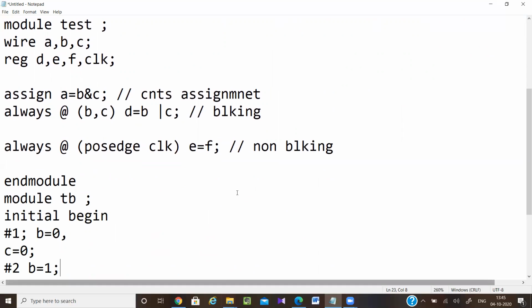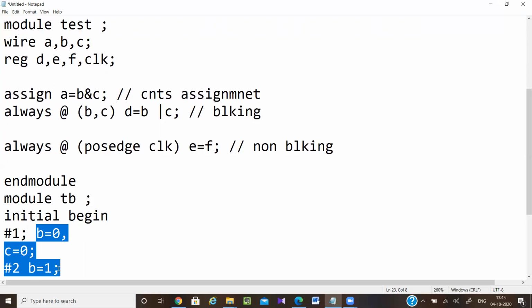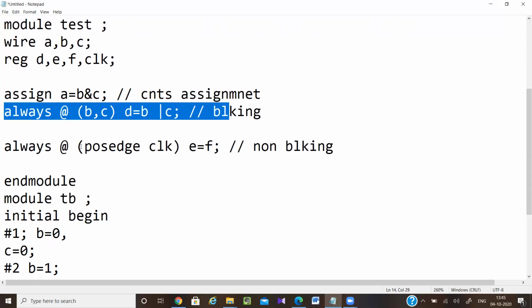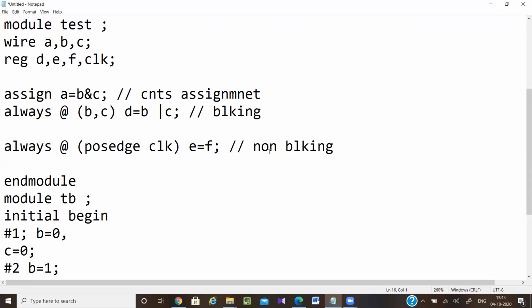Here I am updating the signals: B and C are 0, then after a 2 unit time delay, I am changing B equal to 1. So here some event is happening with B. Depending on this B event, this statement will get executed, and depending on clock, this statement will get executed.